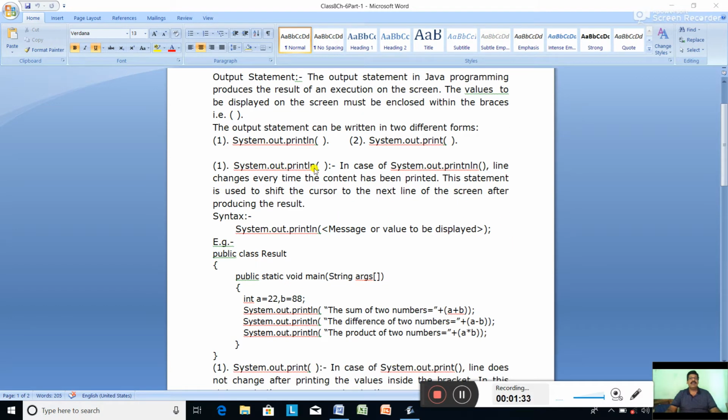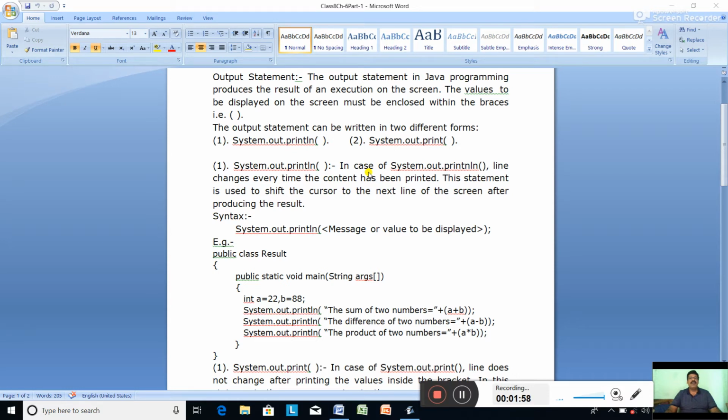In case of System.out.println, this bracket sign is called function. In case of System.out.println, the line changes every time the content has been printed. This statement is used to shift the cursor to the next line of the screen after producing the result. So what does it do?